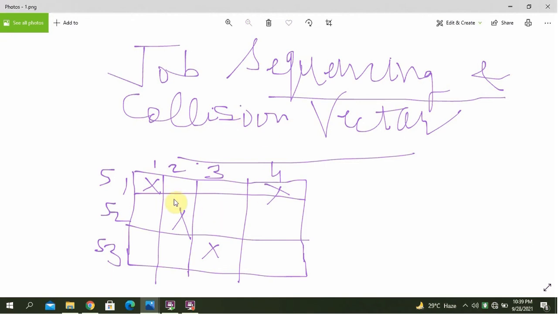This is the reservation table. The multiple X's in a row pose the possibility of collision. The number of time units between two initiations is called the latency. What do you mean by latency sequence? The sequence of latencies between successive initiations is called a latency sequence. And a latency sequence that repeats itself is called a latency cycle.